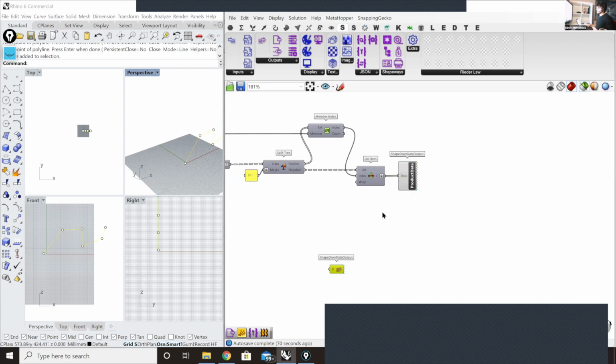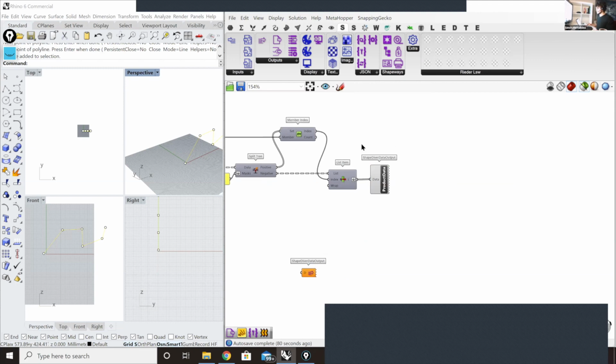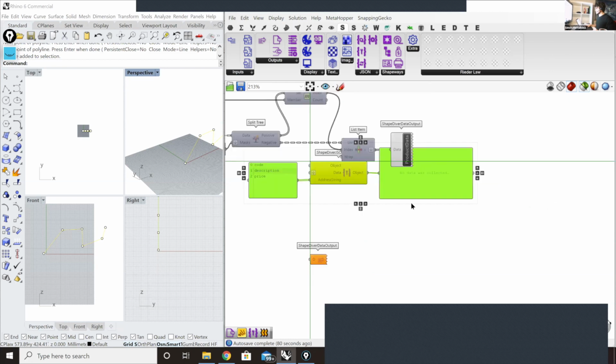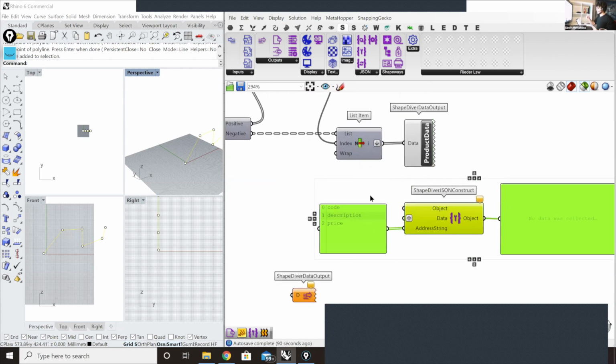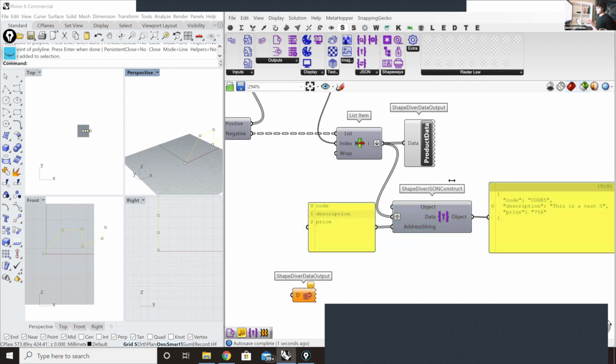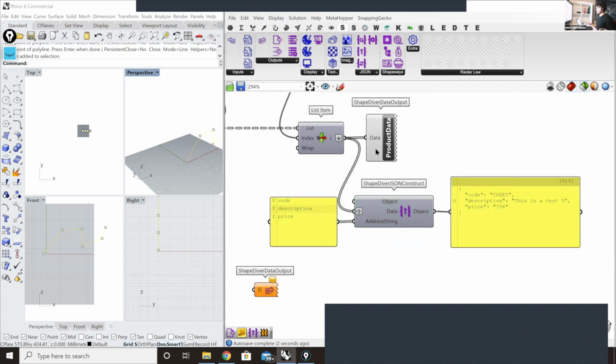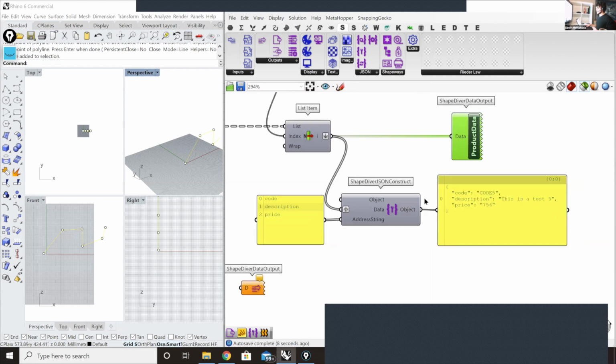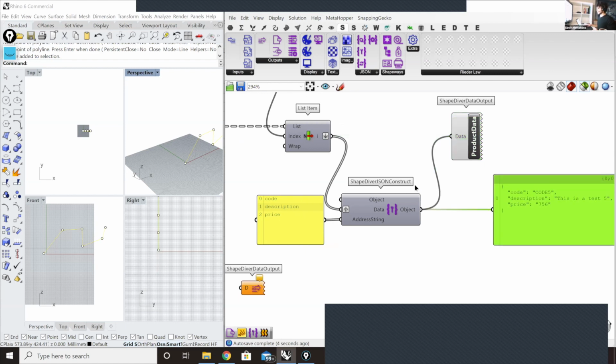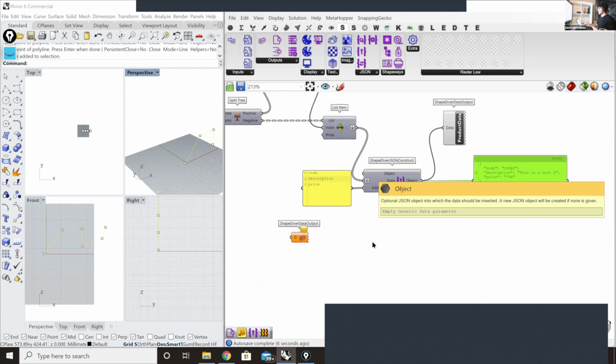You could also, for example, create JSON from this. We saw yesterday the JSON construct component, and in that way you send your data in a more organized way to the application. So for example, if I construct a JSON from this, I have 3 items here. I know that my first item is code, my second item is description, and my third item is price. If I put this inside my data input, then I get a JSON object which contains code, description and price, and then I can put this inside my product data output, and this will be accessed in JSON format in our online application. So just as a quick overview of how this works,